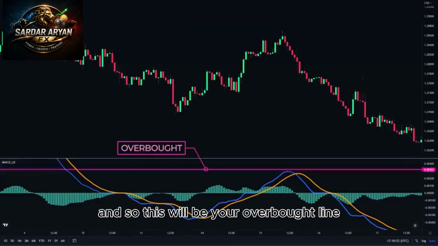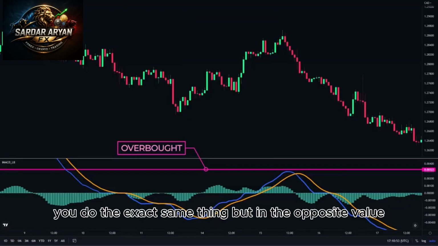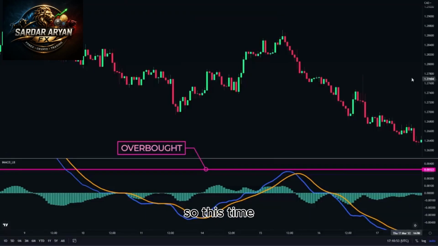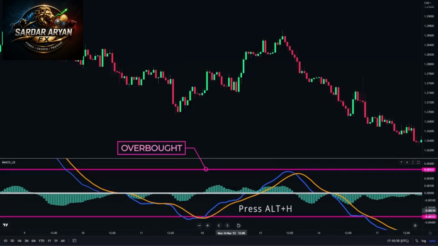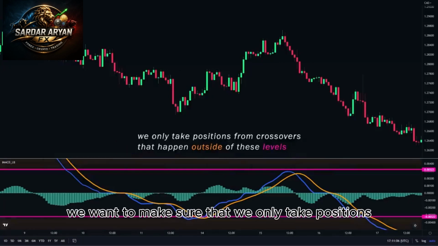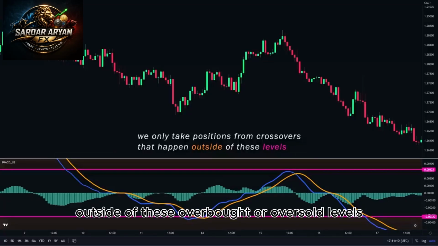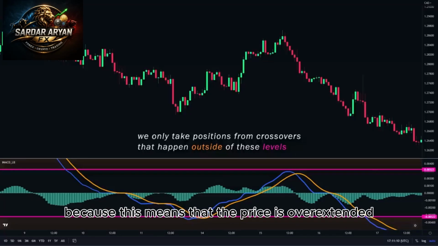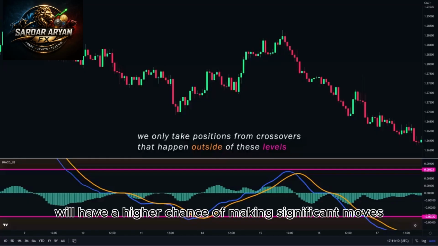And so this will be your overbought line. For your oversold line, you do the exact same thing, but in the opposite value. So this time, drag your mouse to below the middle line, and again, press Alt-H. Now you have your oversold line. So, the reason we apply these overbought and oversold levels to the indicator is because we want to make sure that we only take positions from crossovers that happen outside of these overbought or oversold levels. Because this means that the price is overextended, and prices that are overextended will have a higher chance of making